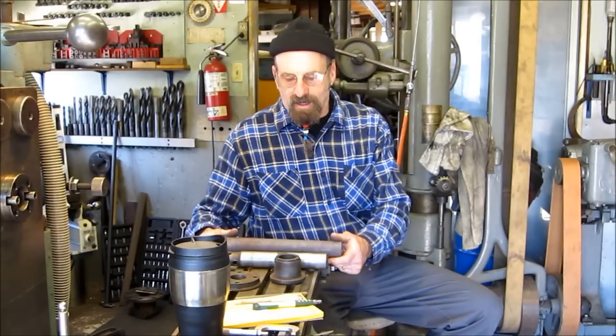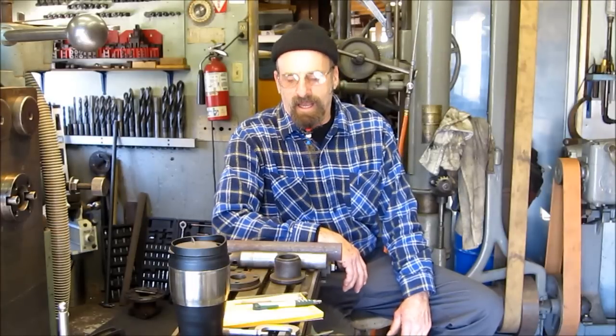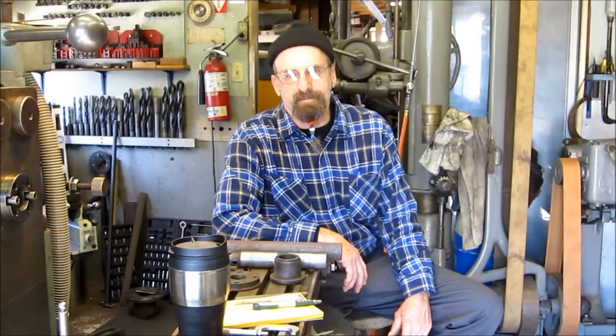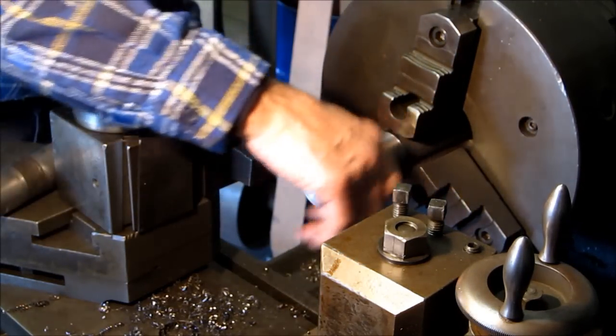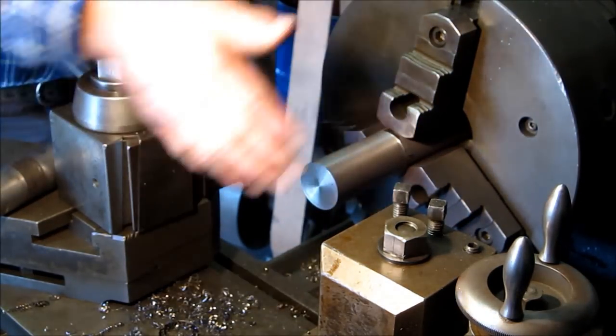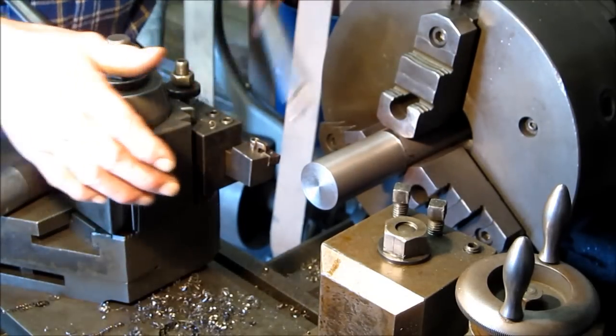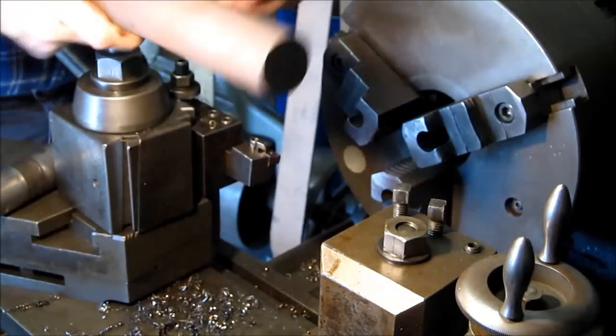chunk here, about 1/8 of an inch per side oversize, and we're going to get in a lathe and get going. Alright, now we just took a skim on the butt end of this thing and a little bit on the diameter here, because we're going to be chucking it on this end and letting it hang out here, and we're going to center drill the other end here, because we're